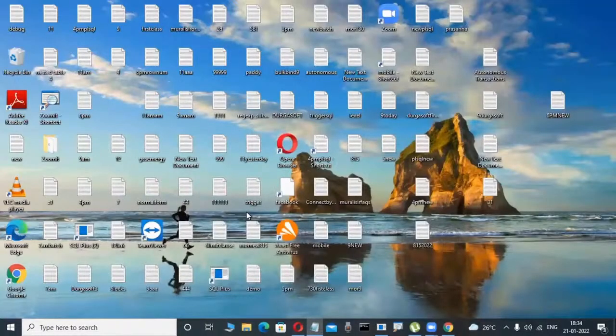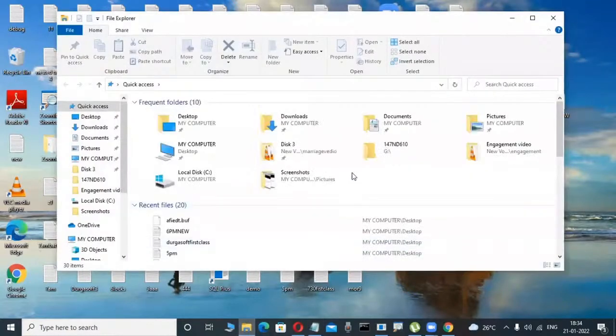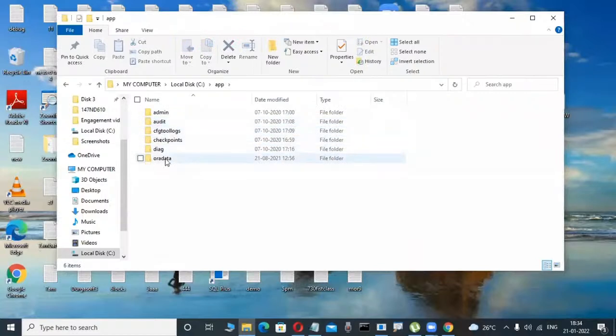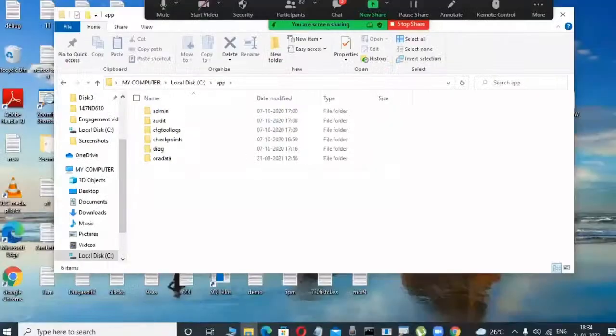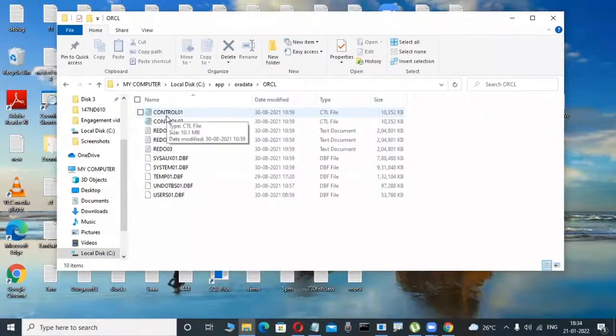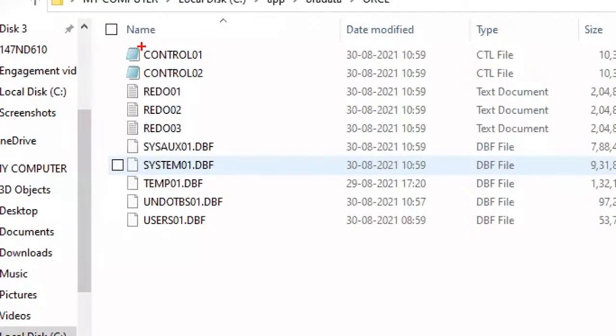Now I'm interested to view whether this table is created or not in my operating system. Suppose Windows operating system is there, where the Oracle is there. I already installed Oracle. In that location, I try to view, for example, in C colon, where the Oracle is there. Those are all directories, these are folders. Here, Oracle, Oradata, ORCL. I'm observing only. Now in C colon, I'm installing my Oracle software. In this Oracle software, anywhere